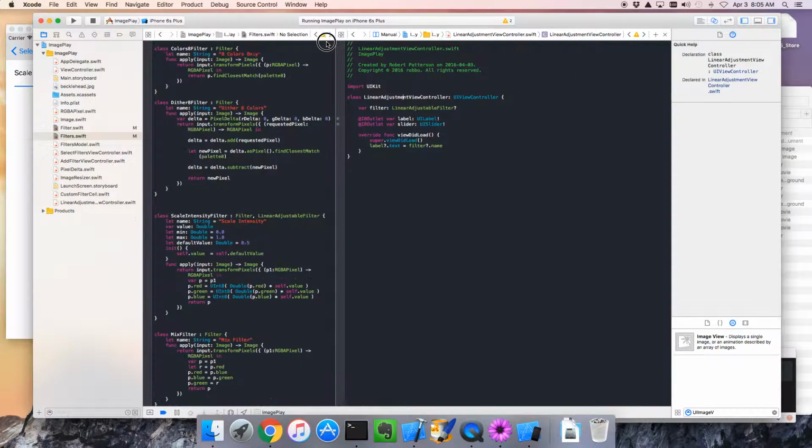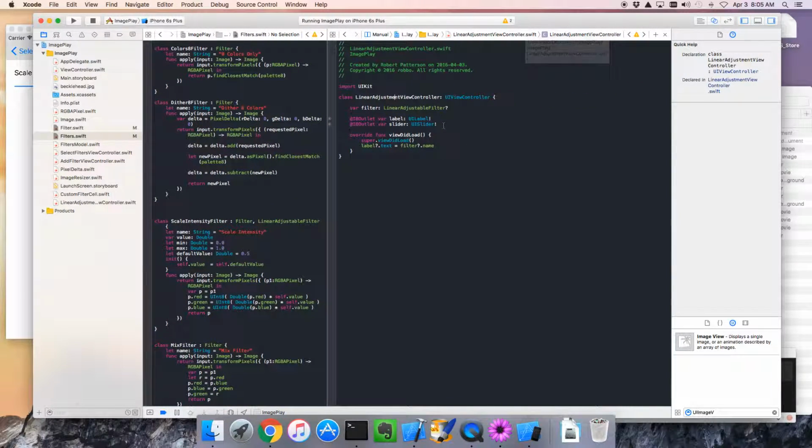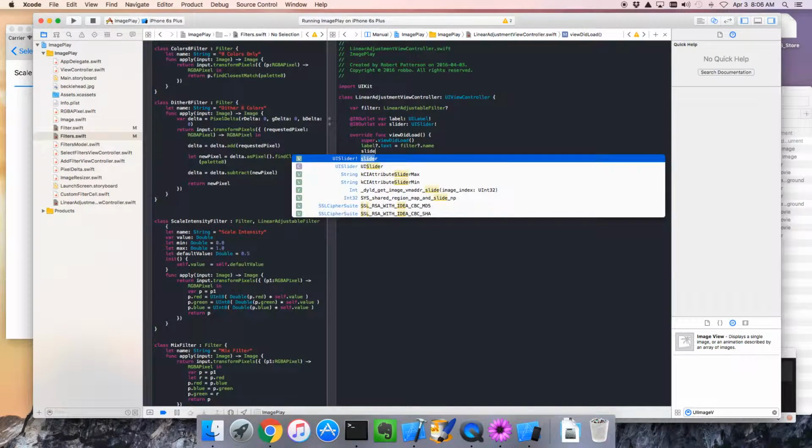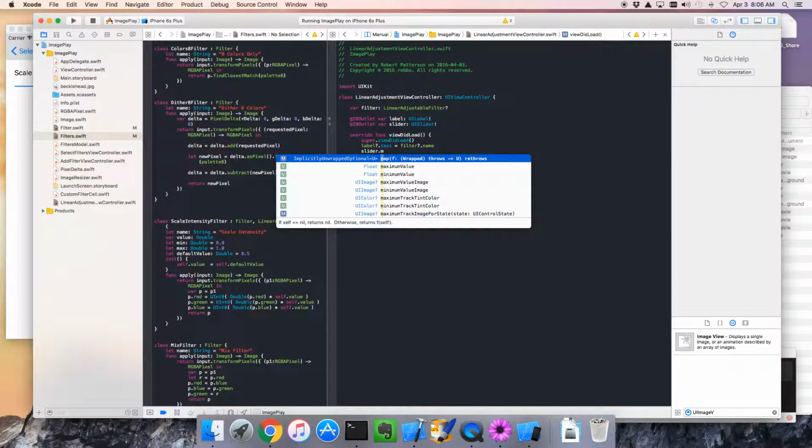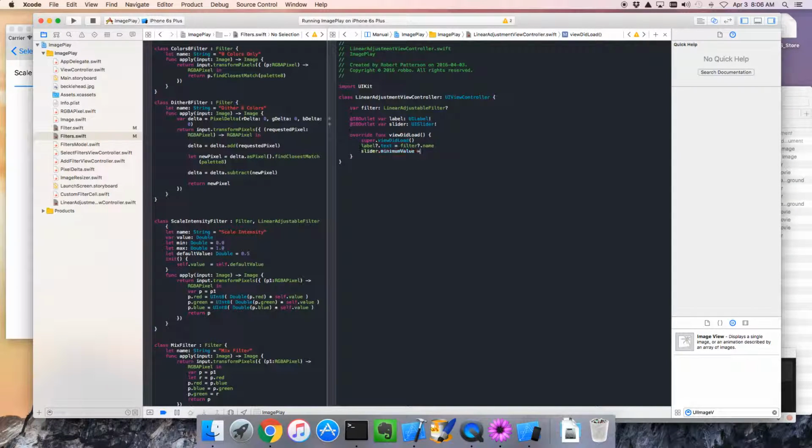I guess I could just scale that right now. And what do we want to do? When viewDidLoad gets called, we want to set the slider. So we want to set the slider. I'm going to guess that there's a minimum value. There we go. Minimum value equals. Now I noticed that it's a float, so we'll have to do a little casting. I like keeping things doubles or floats, doesn't really matter, but